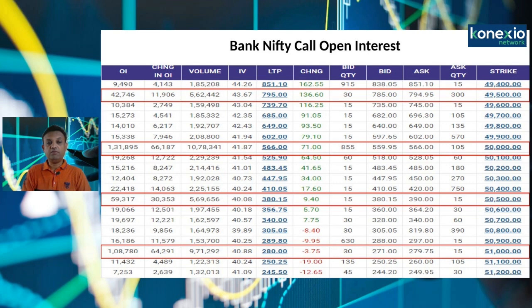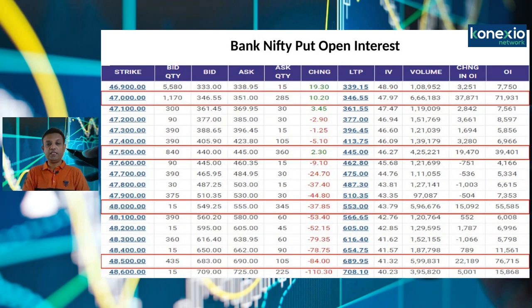Now, friends, let us discuss the Bank Nifty put data. In Bank Nifty puts, you will clearly see on the screen the action was seen in 48,000 puts, 48,500 puts, sorry, then 48,000 puts, 47,000 puts, and 47,500 puts. Now there has been a rise in the volumes in certain strike prices, for example 48,300. Slight shedding is also seen. Implied volatility is high. It is between 41.3 and 48, almost 48 or 49. So definitely this is a danger sign.